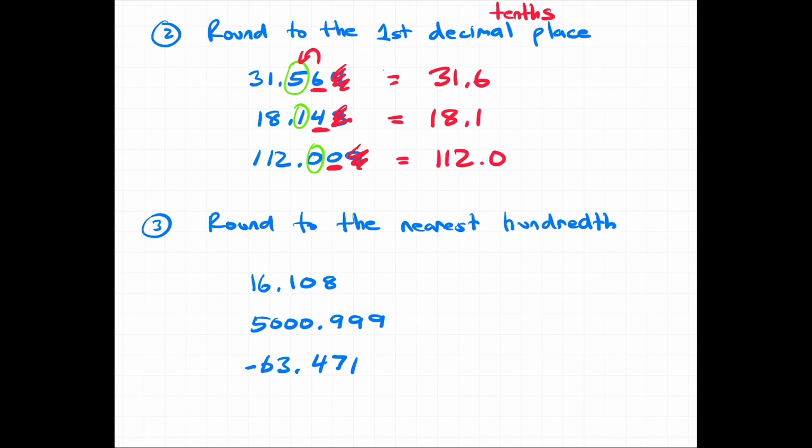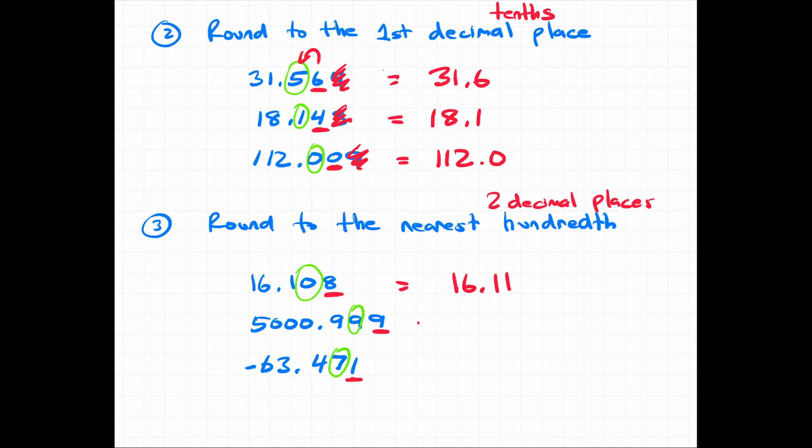It says round to the nearest hundredth, and the nearest hundredth is going to be 2 decimal places. So 2 decimal places means I'm rounding to that position right there. So what do I have to do? Look at the number to the right of that. And when I have 16.108, the 8 tells me that that 0 will increase by 1. So my answer is